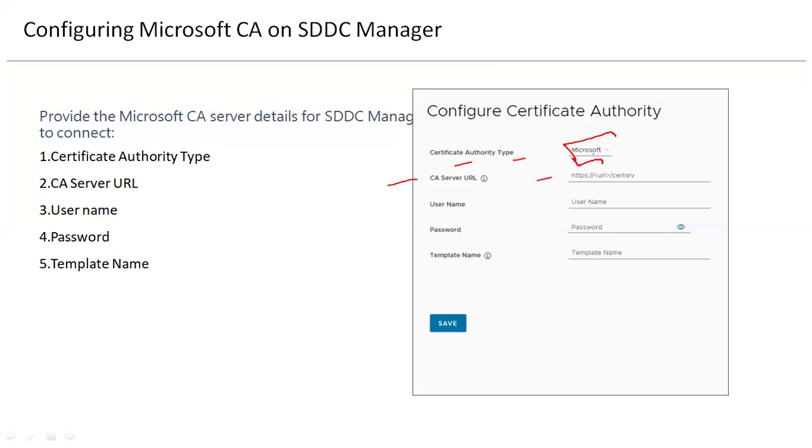Here you will populate two tabs, Microsoft and OpenSSL. OpenSSL is an inbuilt CA in your SDDC Manager. Microsoft is the external CA you have to integrate. Then username and password and the certificate templates. From this template, all the certificates will be generated. This certificate template detail, URL detail, username, password, these all details will be shared by the Microsoft Certificate Authority admin